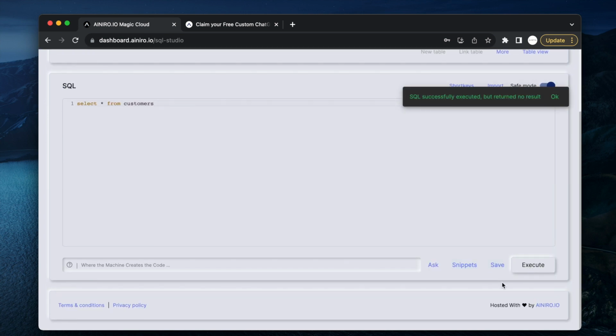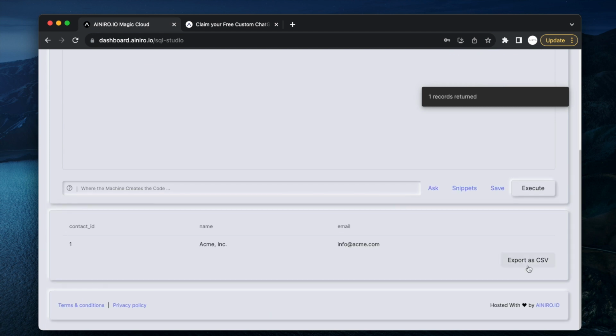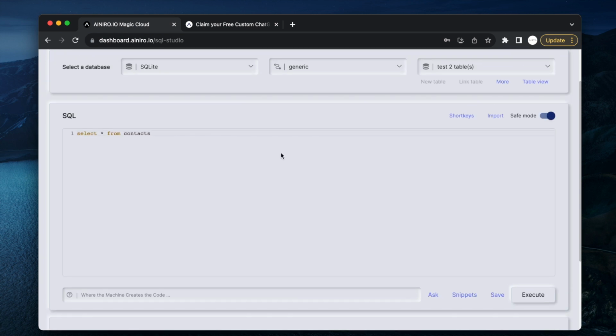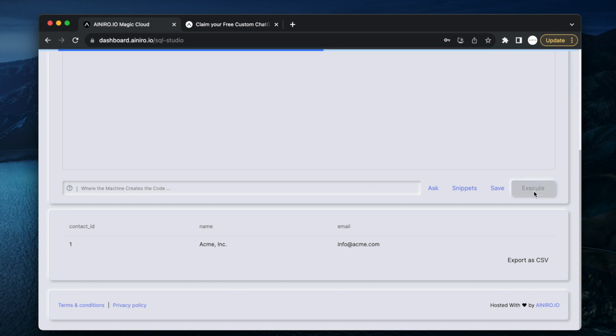I can export these as I see fit, if I find a table with some data in, of course. I can export it as CSV. Now, if you have an existing database, let's say you have, for instance, a customer support or a ticketing system where you have like 2,000 tickets from clients asking for support. Then I can actually select this data, turn off safe mode to select more than 200 records, execute it, export it as a CSV file,